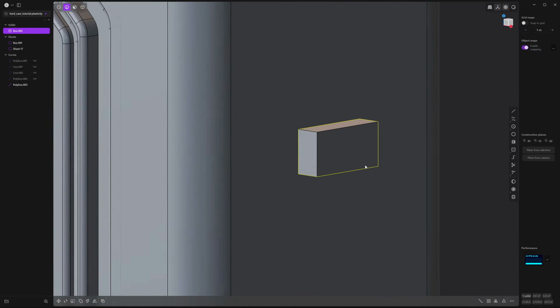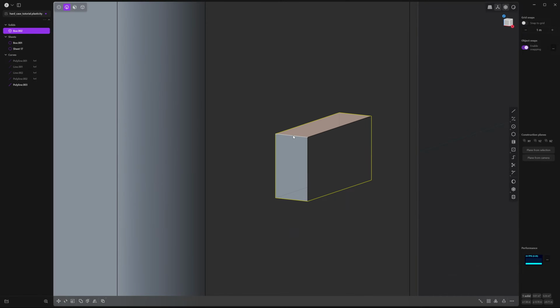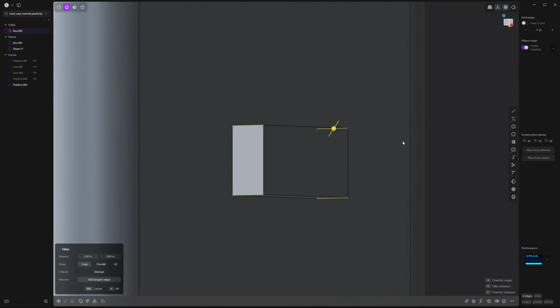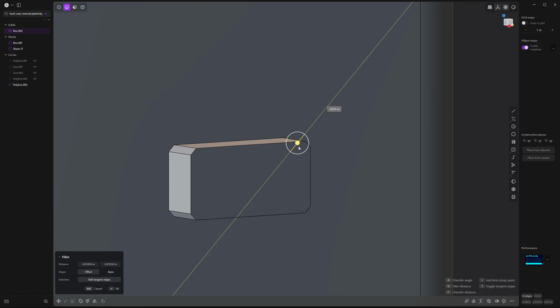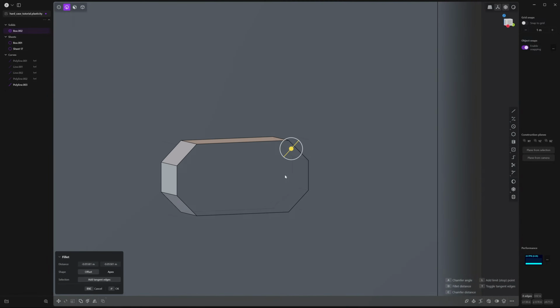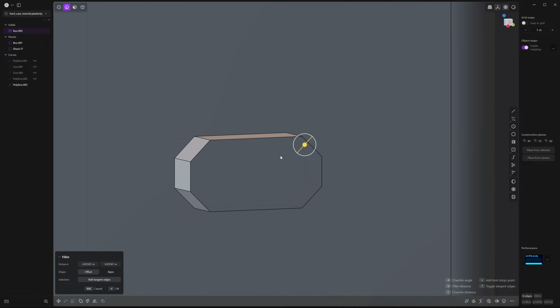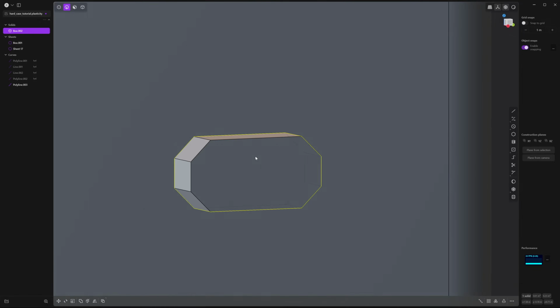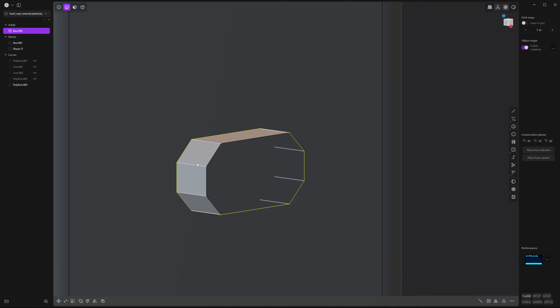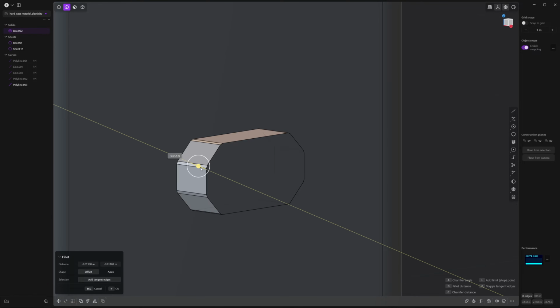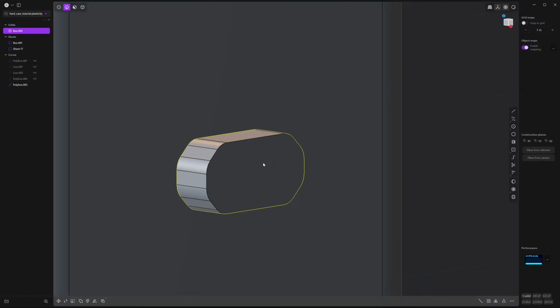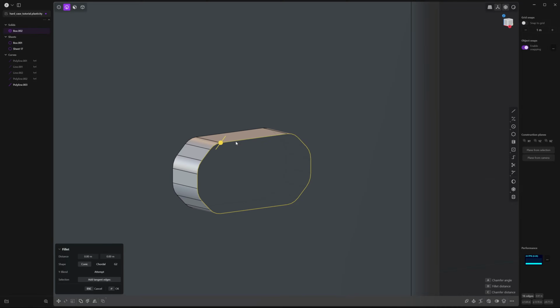And we're going to give these some chamfers. So Control Alt and select that edge. Select all of them. And let's drag this downwards. Right click to accept. And again, let's select all these edges and drag them upwards to create a fillet. Right click to accept, and the front edge as well. So Alt click that one and drag it up to create a fillet.